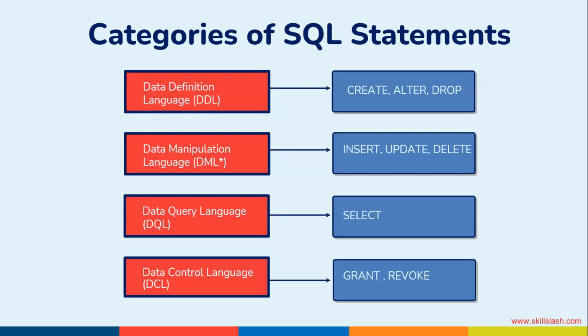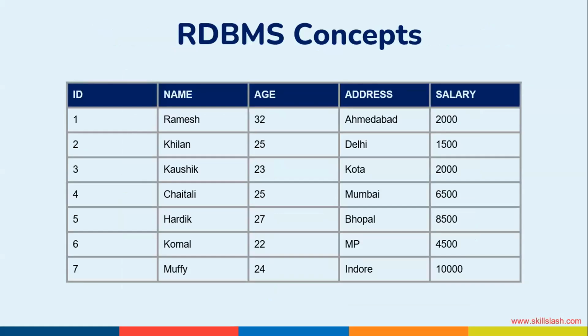So slowly, what we have to do is look into these statements. For example, let's say this is the table which I have got. If I wanted to select the records from this particular database or table, I'm going to use the select query. If I want to add some data, I would use the insert query. If I wanted to delete, let's say, details of Hardik, I'm going to use the delete command. And let's say if I wanted to update the age for Killen, I'm going to quickly update it. So these are some operations that you perform on the tables which are there within the database.